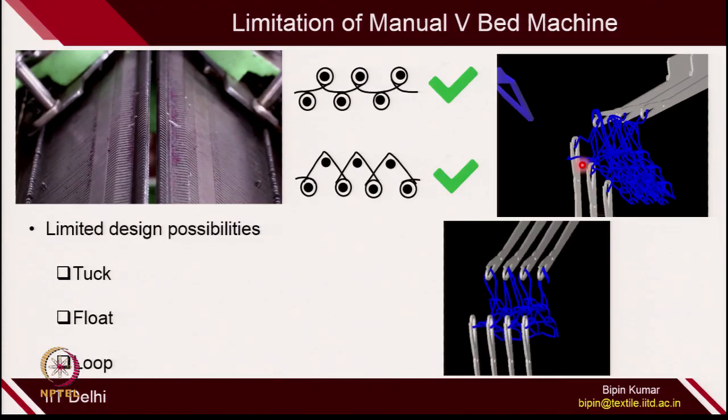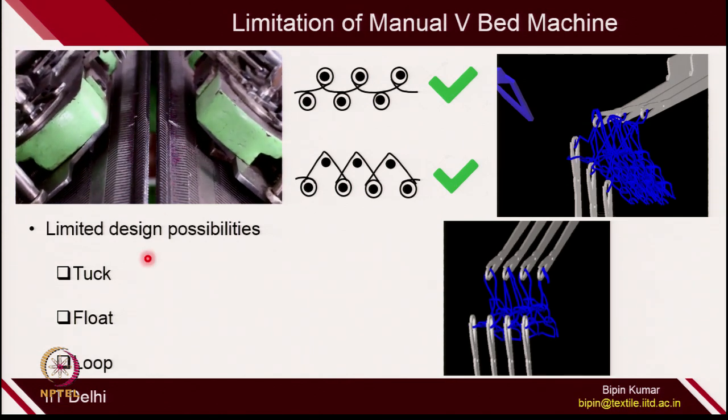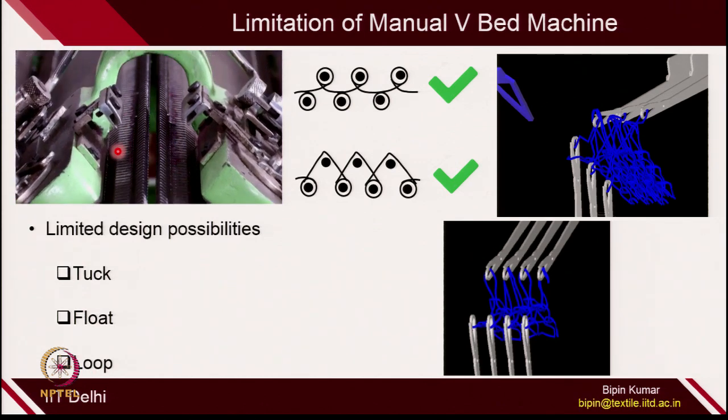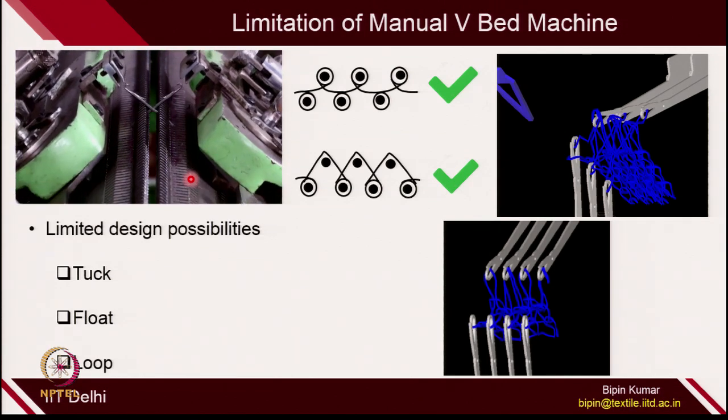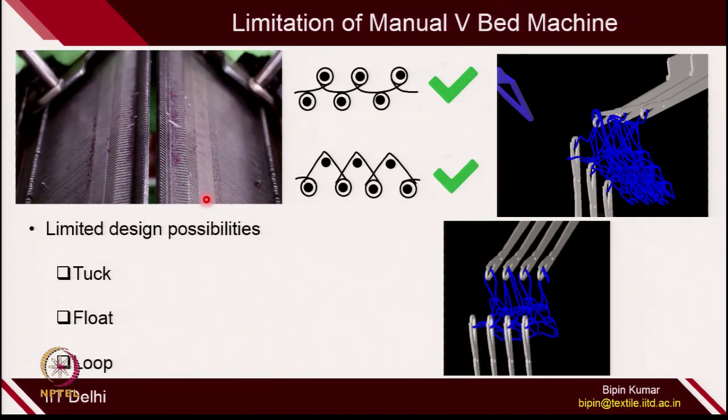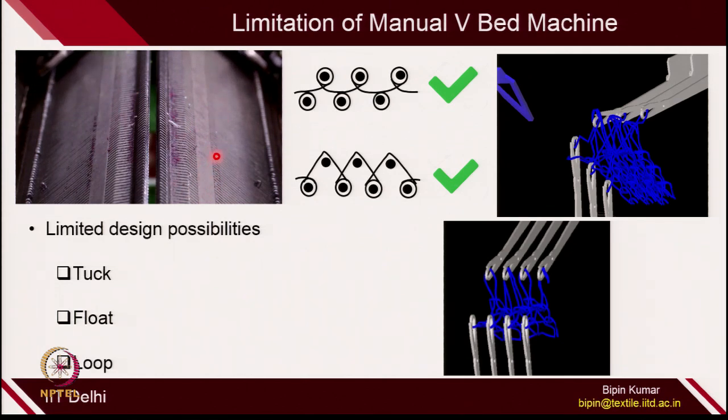The other limitation, which is the most fundamental, is that on a V bed machine you can make tuck, float and loop on either of the beds. But the problem is, whenever you want to make a tuck, all the needles selected on one bed will make a tuck. When you set the float, all the needles of that particular bed will make floats. So, it is not possible to create a course where you can have tuck, float as well as loop in